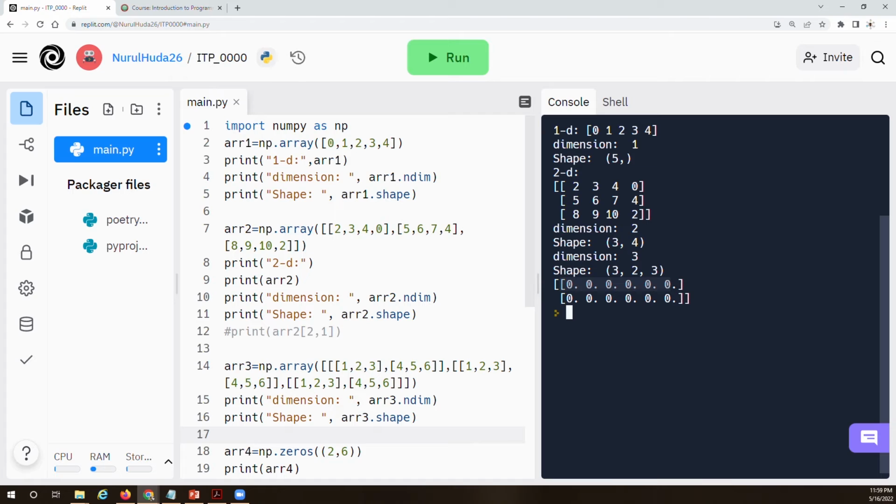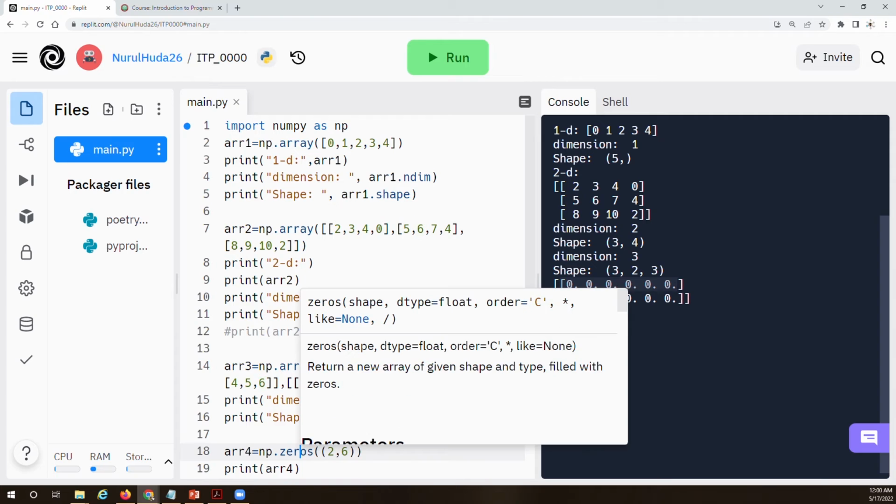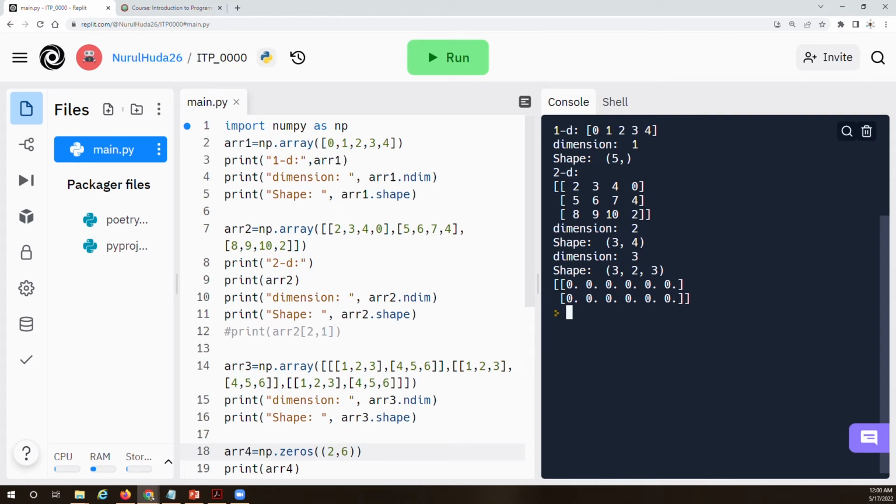So since it's a two-dimensional array, you need 2 brackets. You have now 6 zeros on the first row, so this is number of rows, number of columns, okay, and all filled up with zeros. So 6 zeros, and second row 6 zeros. If I make